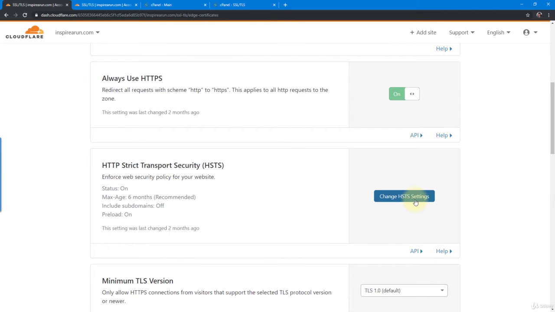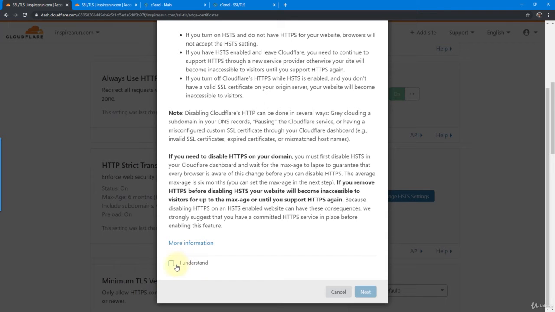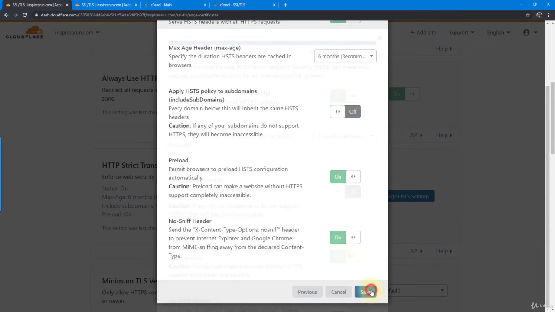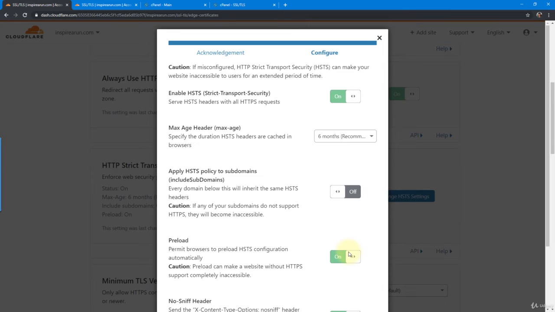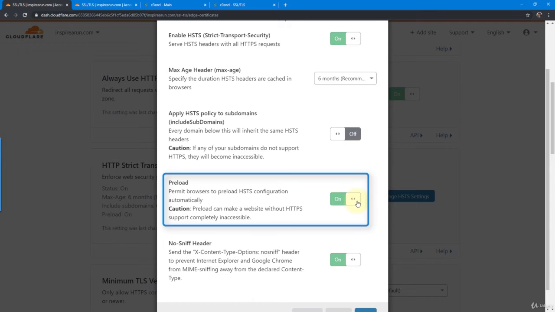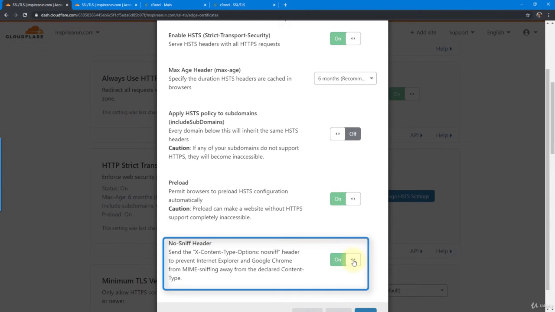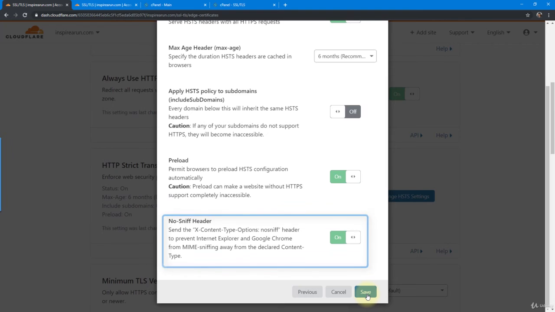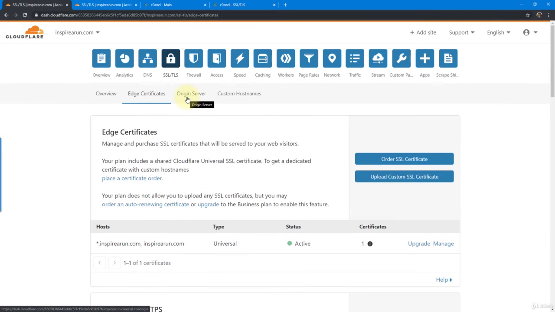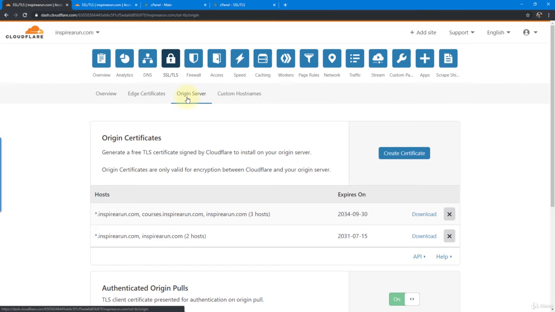Once you enable HSTS, click I understand, then click Next and configure the inner settings as shown here. That is, enable HSTS (Strict Transport Security), choose the max age header as 6 months, enable preload, enable the no-sniff header and click Save. If you want to create a free SSL certificate within Cloudflare and use it on your server too,